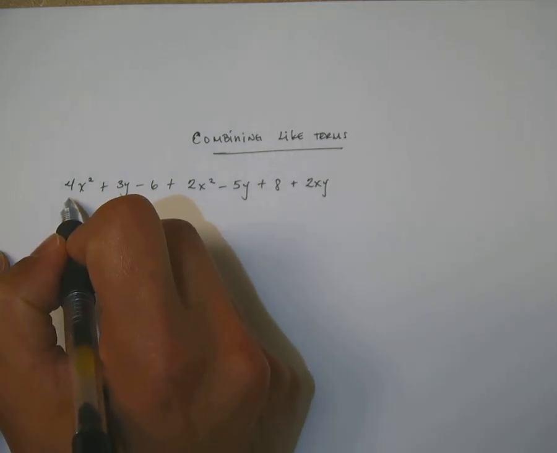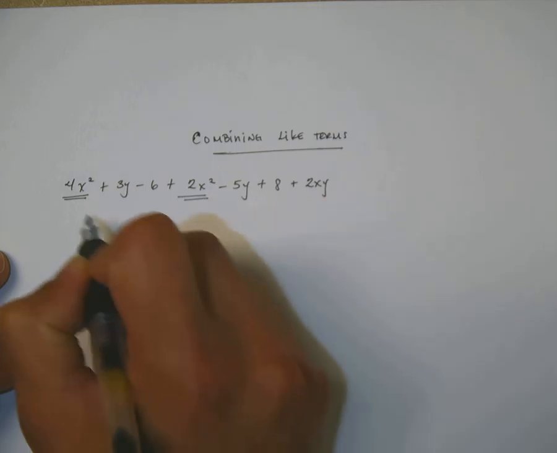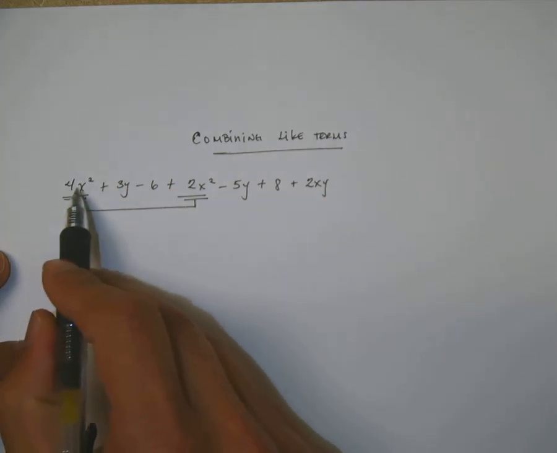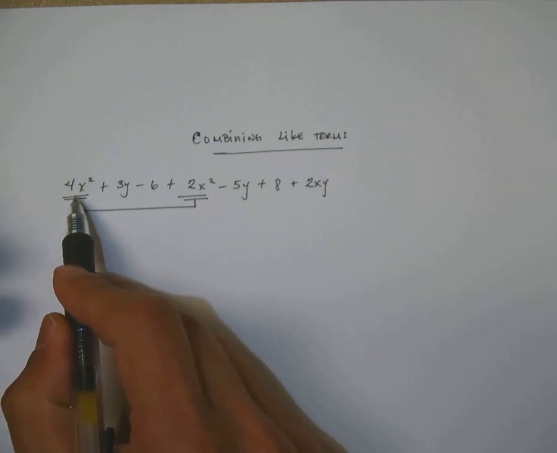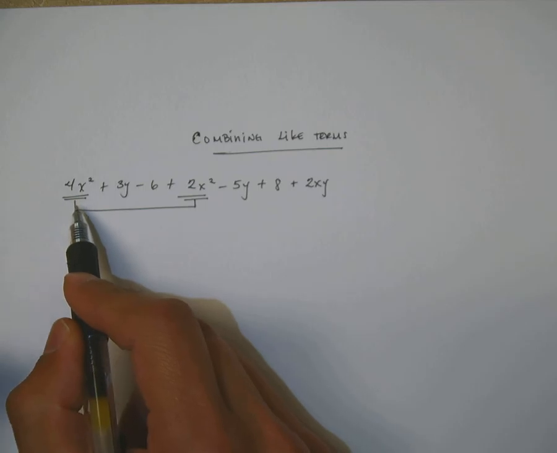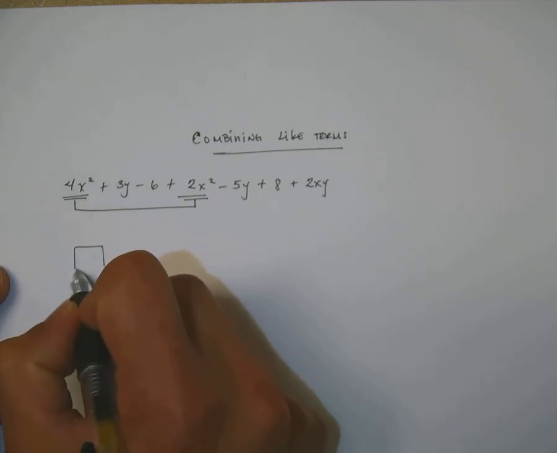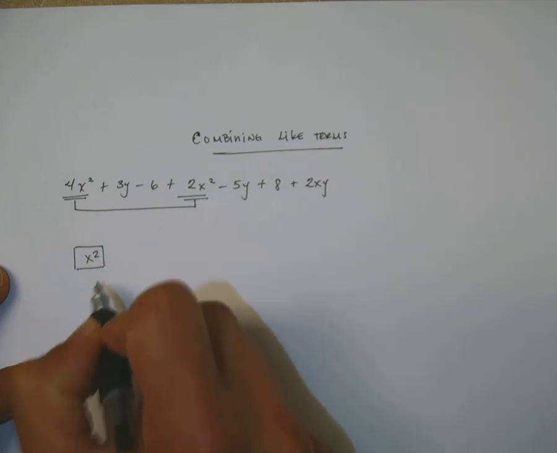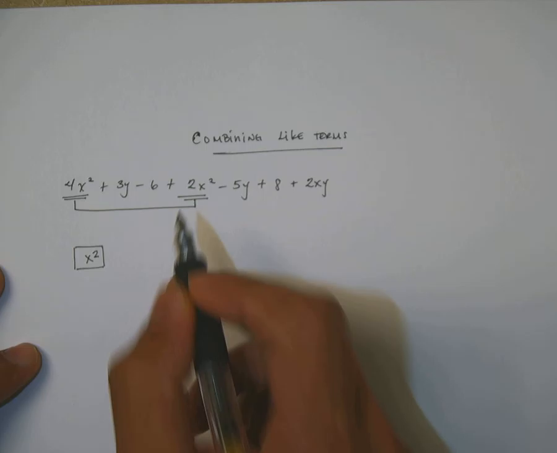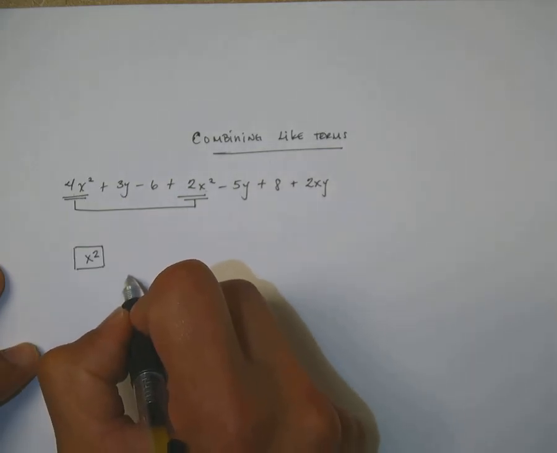If you notice here, we have 4x squared, and we have another 2x squared. So these two are going to go together. A lot of students think, oh, this becomes 16x, and they want to do the operations of exponents, but no, you don't need to do that. Remember, the x squared, if you do algebra tiles, that means we have 4 of those. That's all we do. And right here we have 2 of these. So when we put these two together, we have a total of 6x